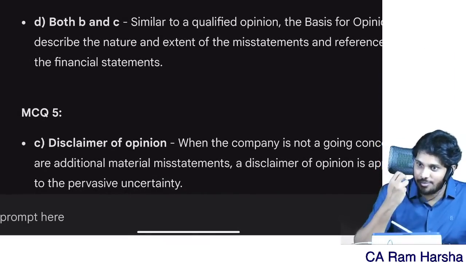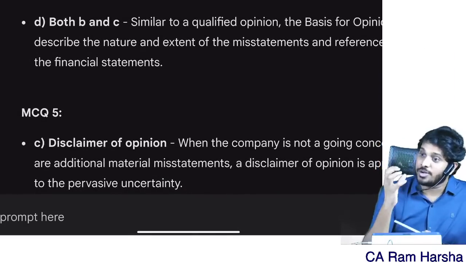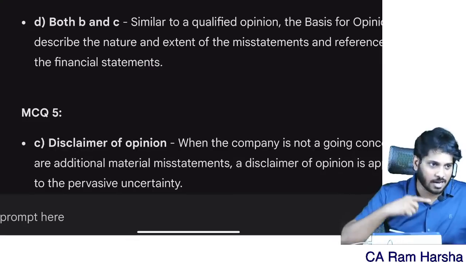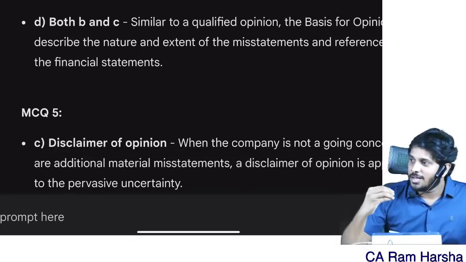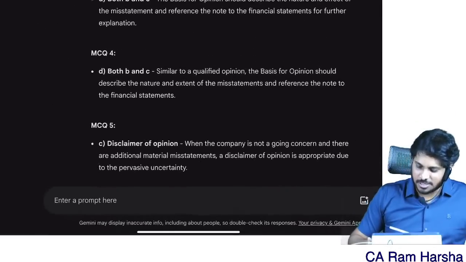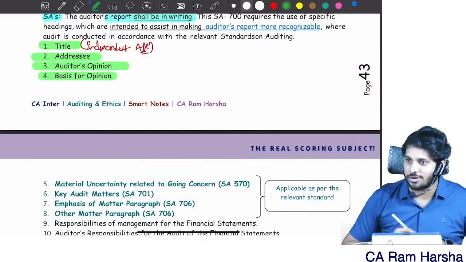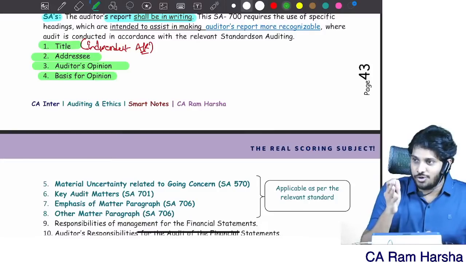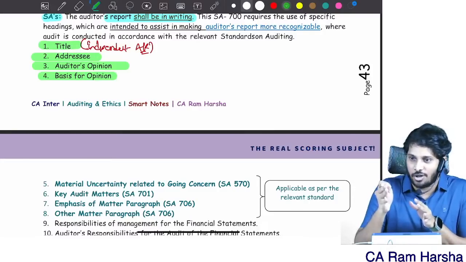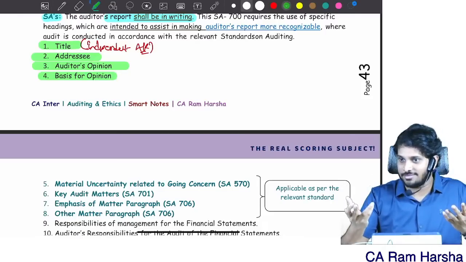Understood how it is framing? In fact, this is a bit simple topic. You take a very complicated topic and ask it to develop a case study, it will give you a superb case study. Technically, auditing is a subject that you can study on your own. You don't require classes and all, provided courage is required. So you can use ChatGPT and Gemini, all that, and then you can do self-study. But I can give you better than that. Correct?